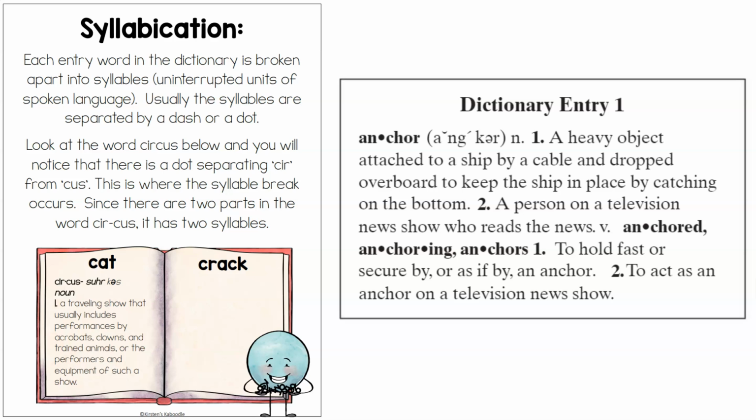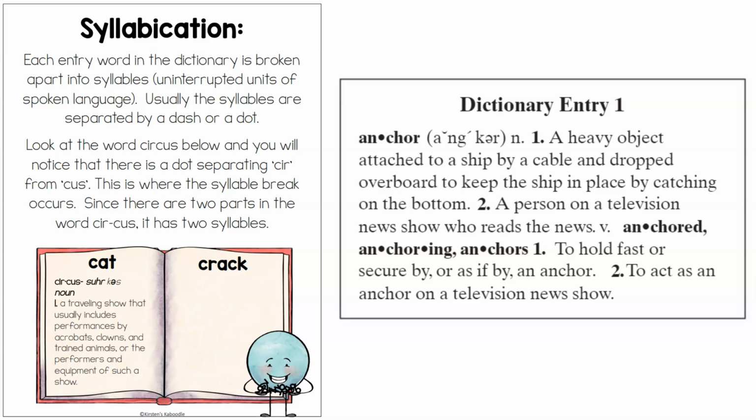This is where the syllable break occurs. Since there are two parts in the word circus, it has two syllables. A lot of you might be familiar with clapping it out, circus, or counting every time your jaw lowers, circus,